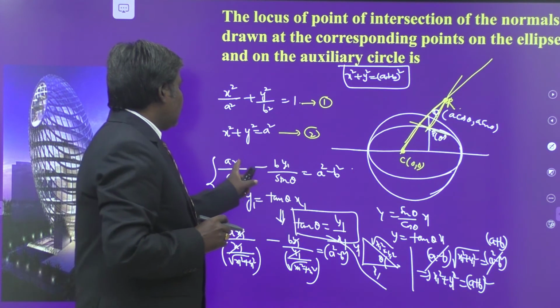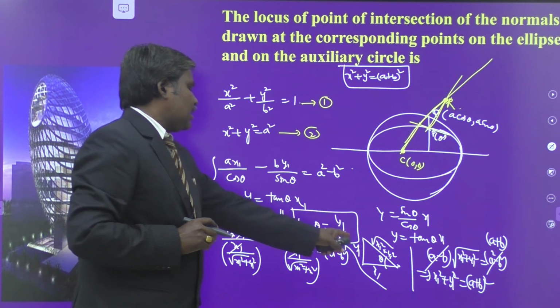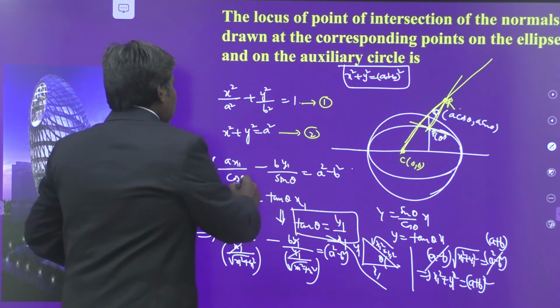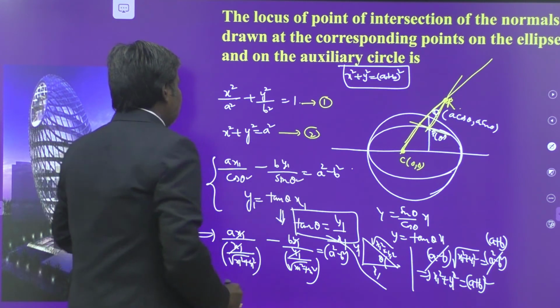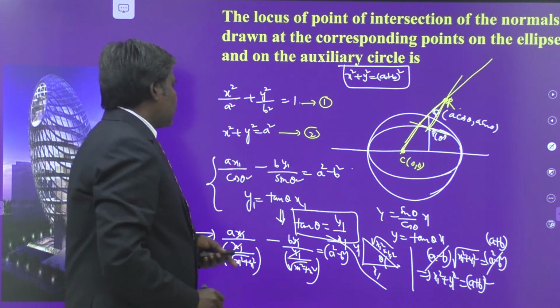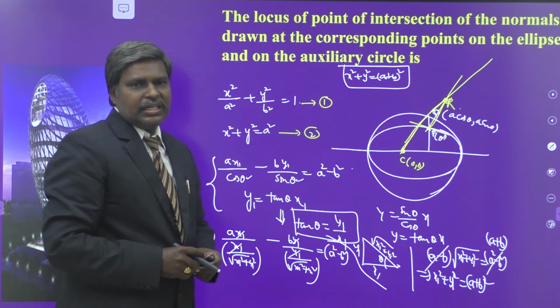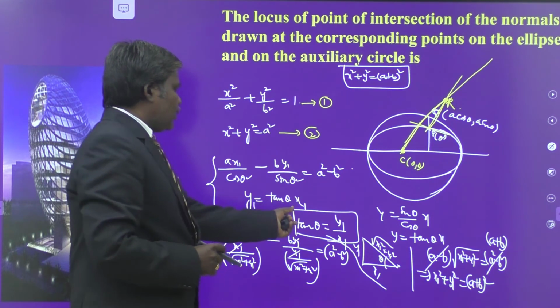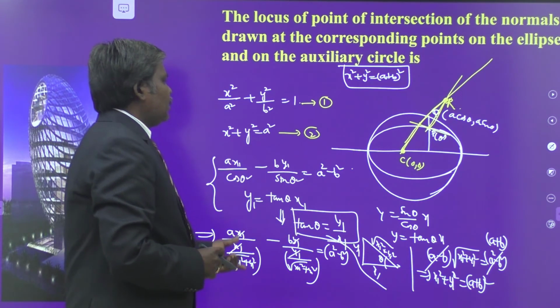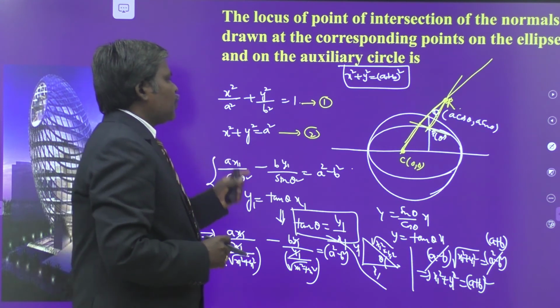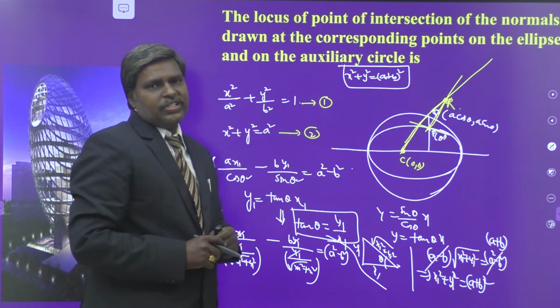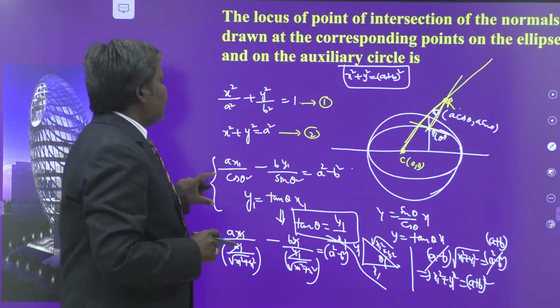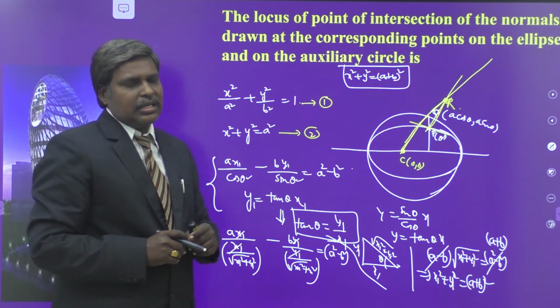The one and only thing you have to use is this tan theta is equal to y1 by x1 here itself. By taking the right angle triangle itself, you can write the values of cos theta and sin theta. Substitute there. In this manner, we can eliminate the theta itself. So this is the one and only trick we have used here. So in this problem, you have to understand the question first of all, and then solving these two normals is the another trick.